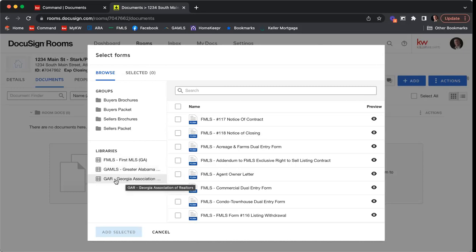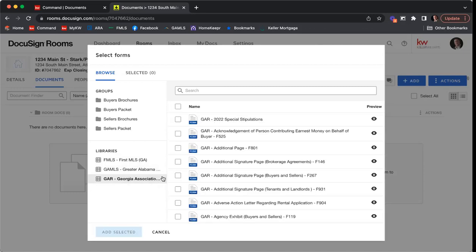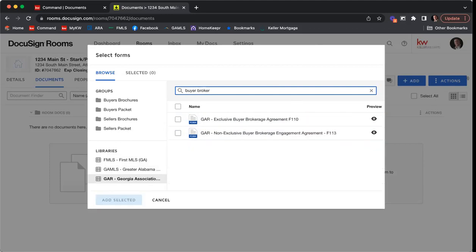And then GAR. So these are the important documents. I'm going to click here on the GAR library. This is going to bring up a list of all 180 GAR forms. Every GAR form that you have access to is going to be right here, which is great, but there are a lot of them. So you can use the search bar here to start searching for them. So I can type in buyer brokerage,